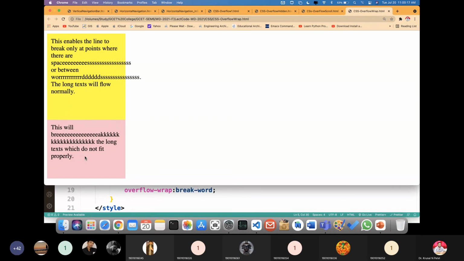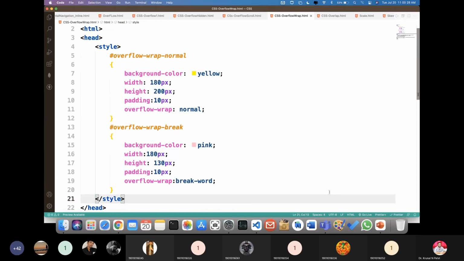In the second one, the overflow wrap property breaks the words. So how to set that? You just have to set these two properties: overflow-wrap normal, and overflow-wrap break-word. For the content, you can put any content for demonstration purposes. But this is the particular style for this overflow wrap example.